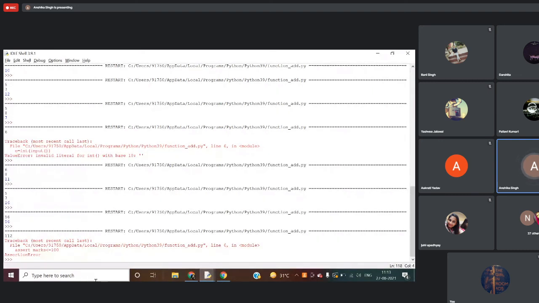Share the next PDF. In the PDF, the control structures are given. We have already discussed those. If you check, there is a flow chart given for the if statement. If the if condition is true, then it is performing that. Otherwise, it will go to this block.